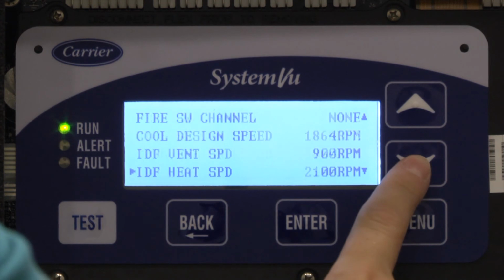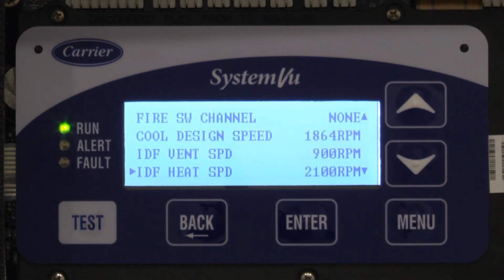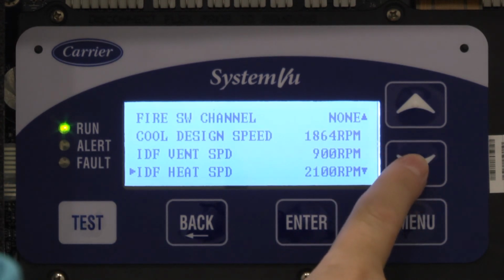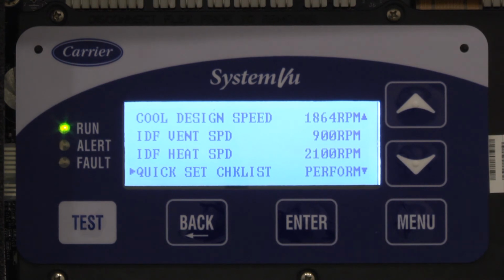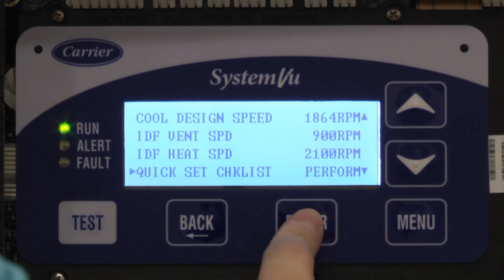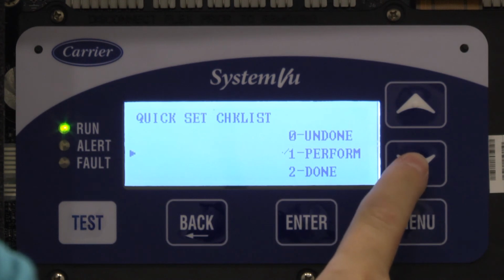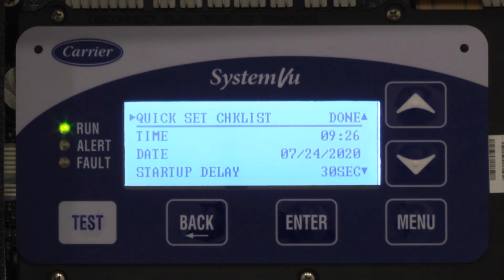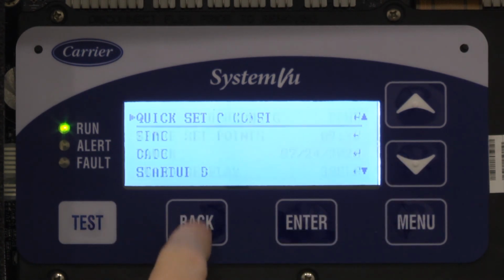And then these next 3 points here, cooling design, indoor fan vent, and indoor fan heat. We'll have a later video that talks about those, but those are how you set your primary fan speeds for the machine for this particular application. And once you get all those set, then you go in and you change this to done. And now it's good. So now you can hit back,